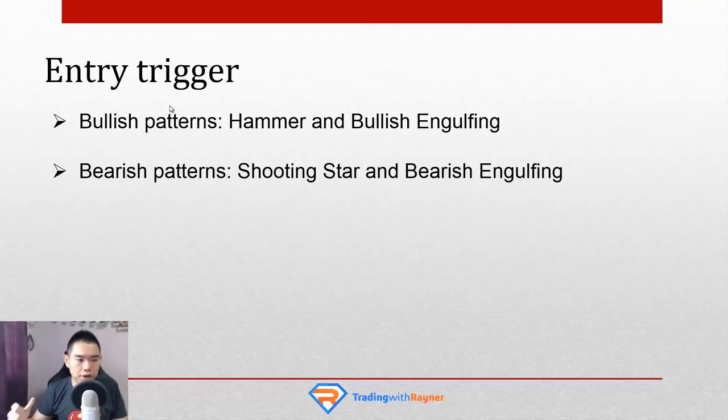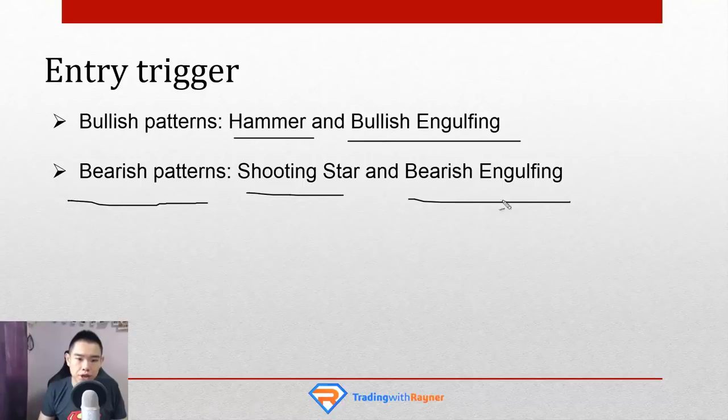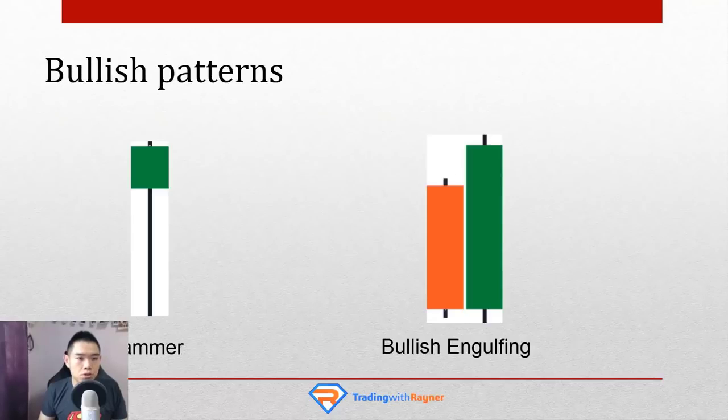Okay, and a couple of things you want to pay attention to: for bullish patterns, I believe the most common ones you encounter are the hammer and bullish engulfing pattern. And for bearish patterns, you will usually encounter the shooting star and bearish engulfing pattern. So these are the patterns that you saw earlier when I talked about the mistakes that traders make. So just to walk you through, for those of you who are not familiar, for a hammer, this is where the price opens at this level. Then the sellers came in and took control and pushed the price all the way down lower near